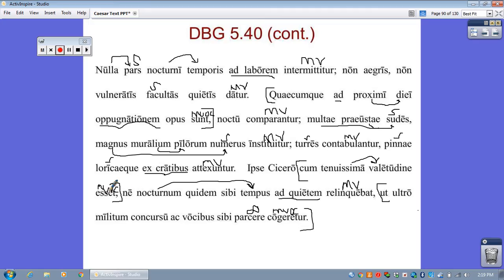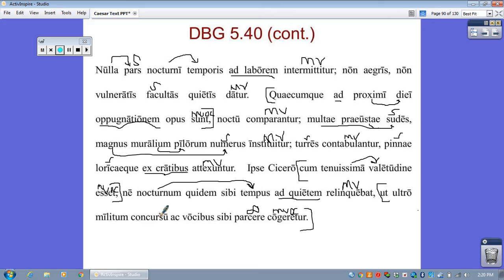When he was, this is one of those ablatives of description, when he was of the most slight health, meaning he's pretty sick, of the most delicate health, not even was leaving behind for himself nighttime to rest, or for quiet, so that, moreover, he was forced to spare himself